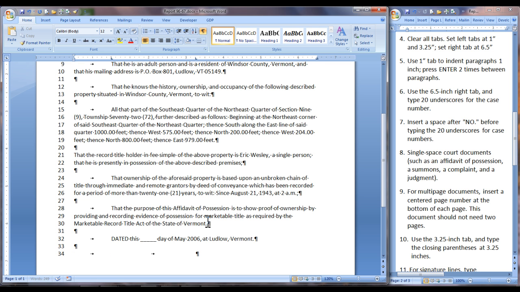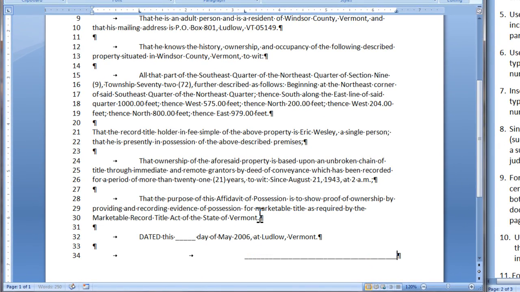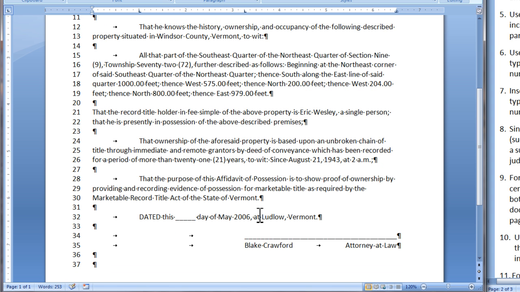and then I'm going to use tab twice and type underscores to the right margin. When it jumps to the next line, you've done too many, so just backspace. Hit backspace once, and then you'll know you have inserted the underscores to the right margin. After that, you hit enter once, and on the next line, tab twice to the 3.25-inch tab and type Blake Crawford. Then hit tab one more time, and you will be at the right margin where you should type attorney at law. Enter 2 times, tab once,